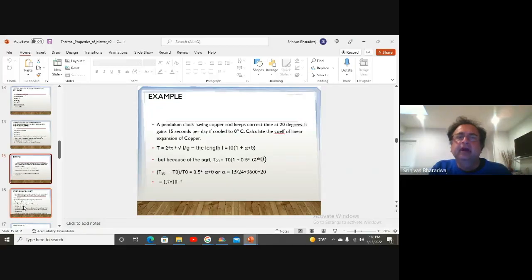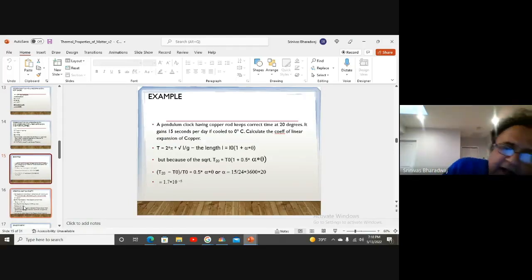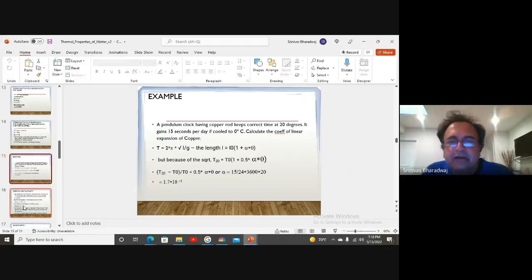Now here's a simple question. A pendulum has a copper rod and keeps correct time at 20 degrees. It gains 15 seconds per day if cooled to 0 degrees. Why is that? The period is 2 pi times root of L over g. g doesn't change. What changes is L. So what is the corresponding L? L equals L naught times 1 plus alpha times delta T, where the change in temperature is